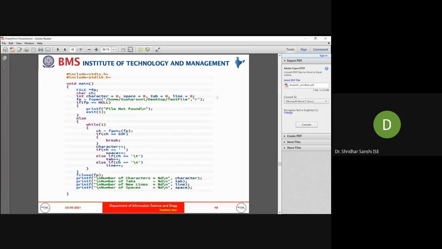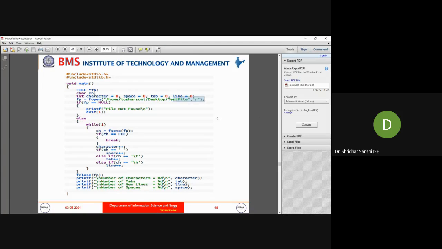Yeah, this is one example. Suppose I have defined a file, a text file with some extension. How do we open that particular file? We should give fopen followed by the path where it is present. So this is the file name, this is the path where it is present, and followed by the mode. Here we are opening this particular file in read mode, so that's why it is R. For write it is W, for append it is A.